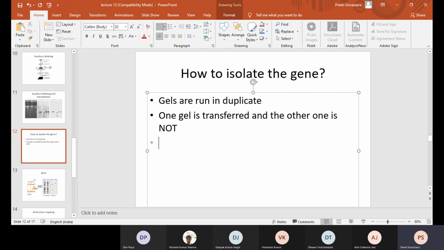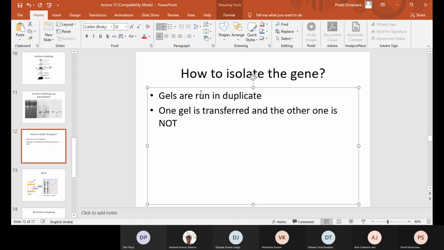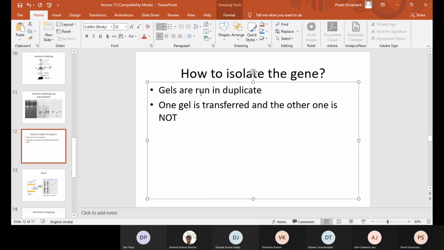So how much heat will be generated? How much heat will it take for the DNA to be damaged? Yes, so DNA, like 5 to 10 degrees Celsius will not affect it so much, right? I'm saying like 5 to 10 degrees Celsius of temperature change will not affect DNA so much.